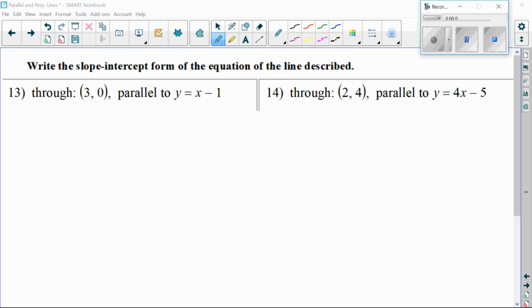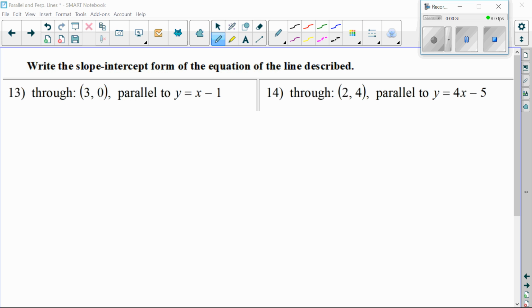Hello, thanks for checking out A1 Math, and today we're looking at writing the equation to lines that are parallel to a particular equation. So here we have a linear equation, y is equal to x minus 1, and they wanted us to write an equation to a line that's parallel to it, but goes through this particular point, (3, 0). Okay, so remember to write an equation in slope-intercept format, what you need is the slope